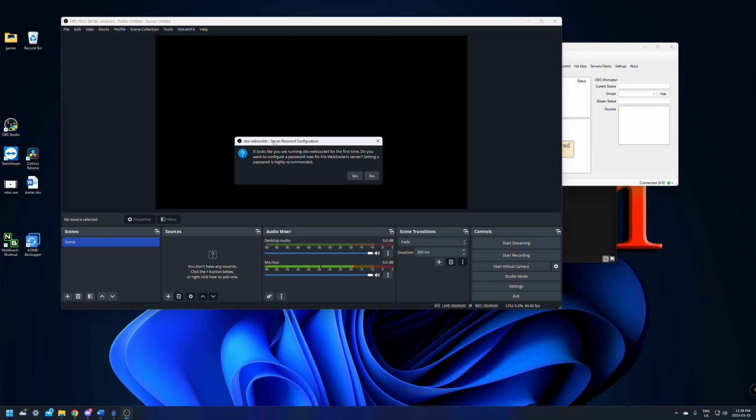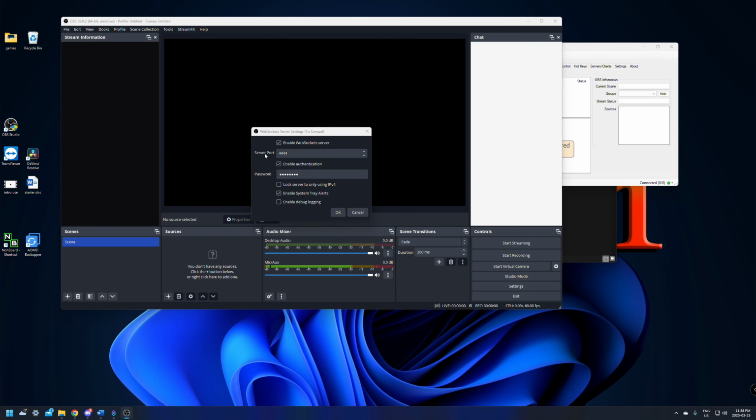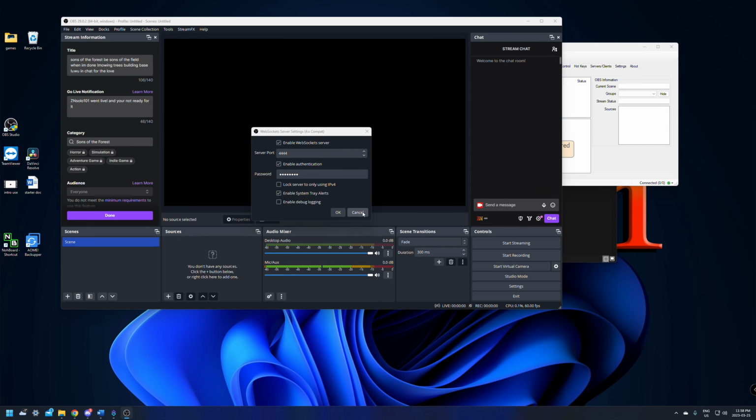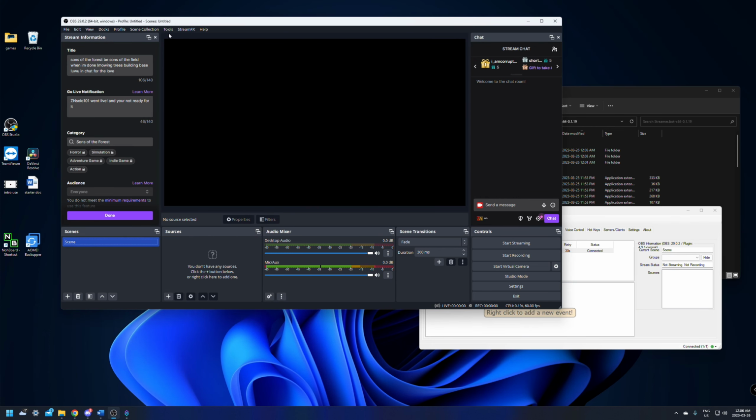it's going to say OBS WebSocket server password configuration. It looks like you're running the OBS WebSocket for the first time. Do you want to configure your password now and the WebSocket server settings? Password is highly recommended. Yes, you definitely want to do this right now. Click on yes. If that doesn't pop up for you right away, if it doesn't pop up in tools,